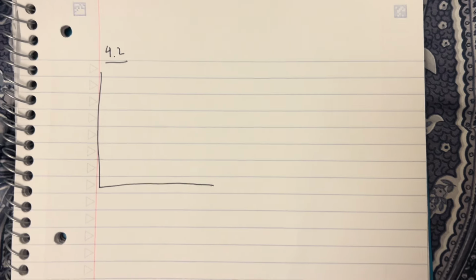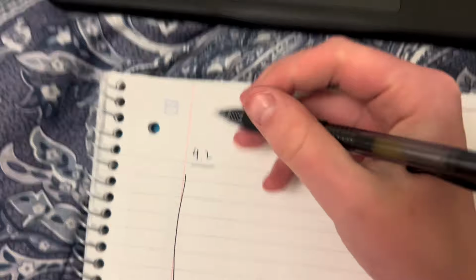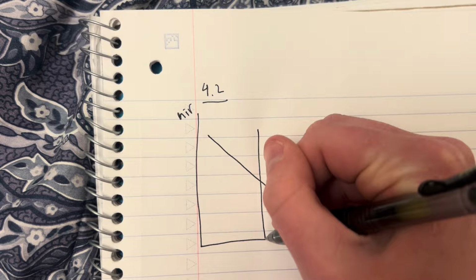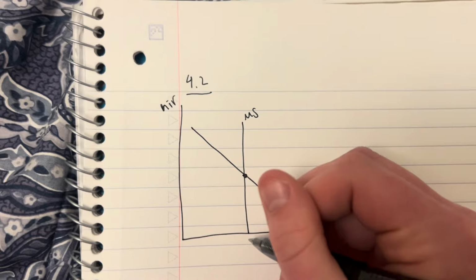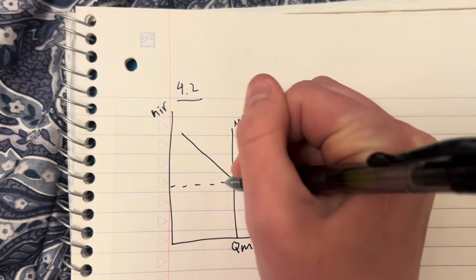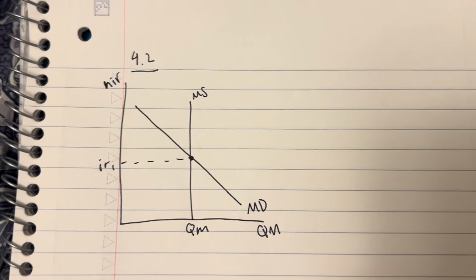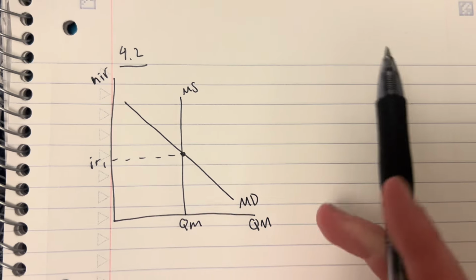Question 1 is asking to draw and explain the money market graph in a limited reserve system. So first, label the vertical axis the nominal interest rate, and at the bottom, the quantity of money. Then you're going to add in your demand, which is a downward sloping curve, and then you're going to add your supply, which is a vertical line, and then right here would be your equilibrium at Qm and IR1. In a limited reserves system, the money market graph shows how the interest rate is set by the